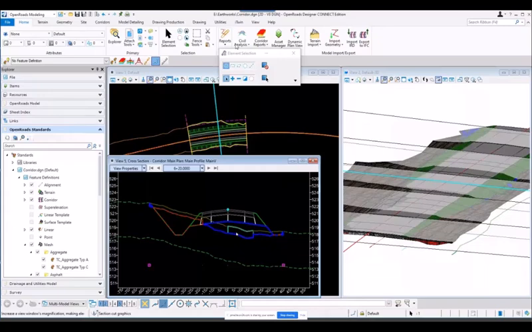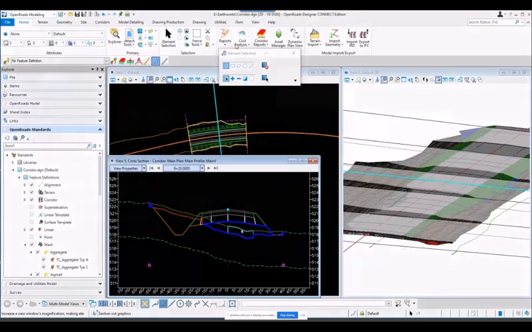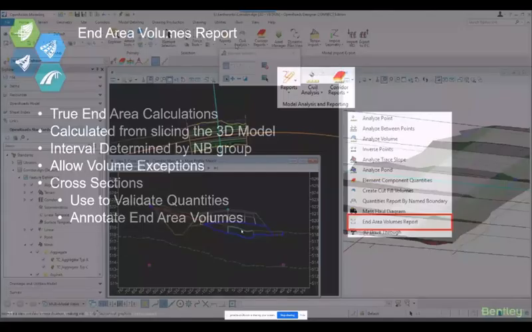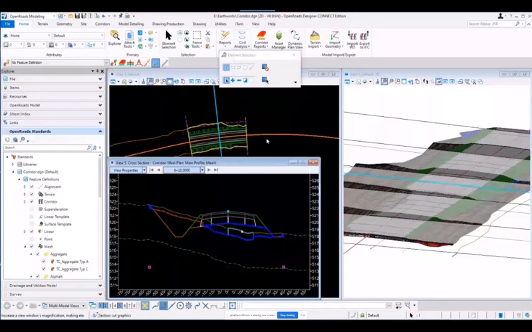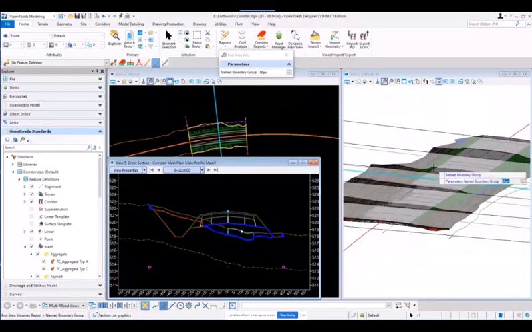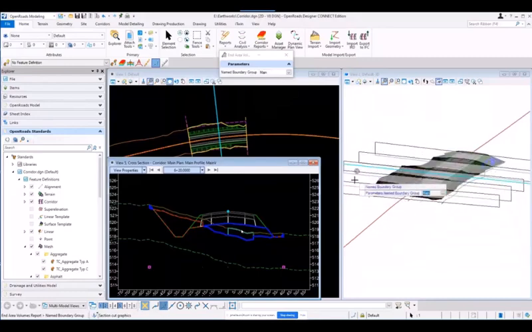So with this, I'm just going to let this go through and basically go to the end area volume report, and it's going to ask you what name boundary group do you want to use. There's only one in here, it's just called main. I'm going to select that,